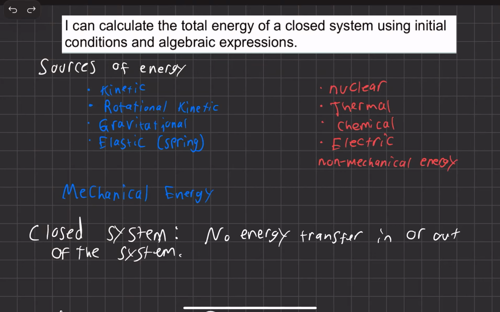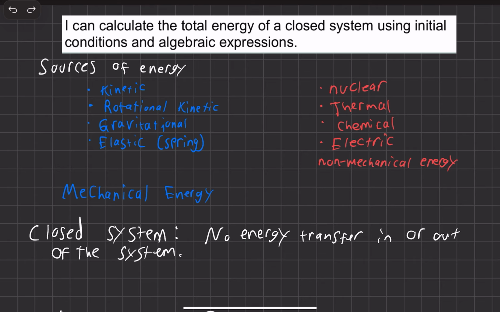The whole point of this unit is to understand the conservation of energy. In order to understand that, we must first understand what the total energy in a system is. So the learning objective here is: I can calculate the total energy of a closed system using initial conditions and algebraic expressions. So we're going to try to figure out what the total energy is, meaning if we added up